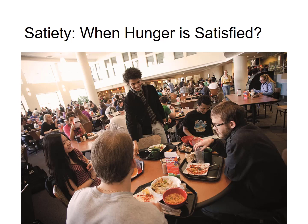The hypothalamus is also involved in the regulation of hunger. The hypothalamus is also involved in telling us when we are no longer hungry. That is to say, our appetite has been satisfied. It receives signals from the body that tell us we should stop eating. These signals are called